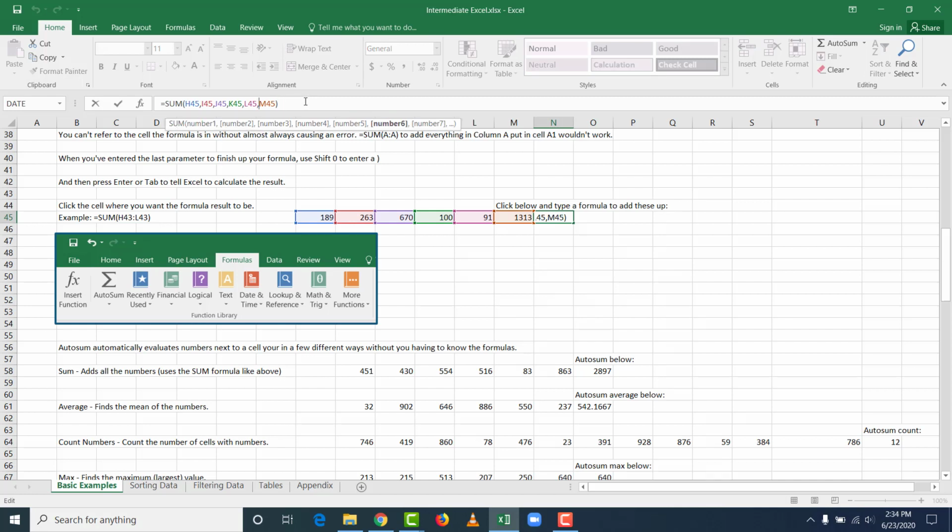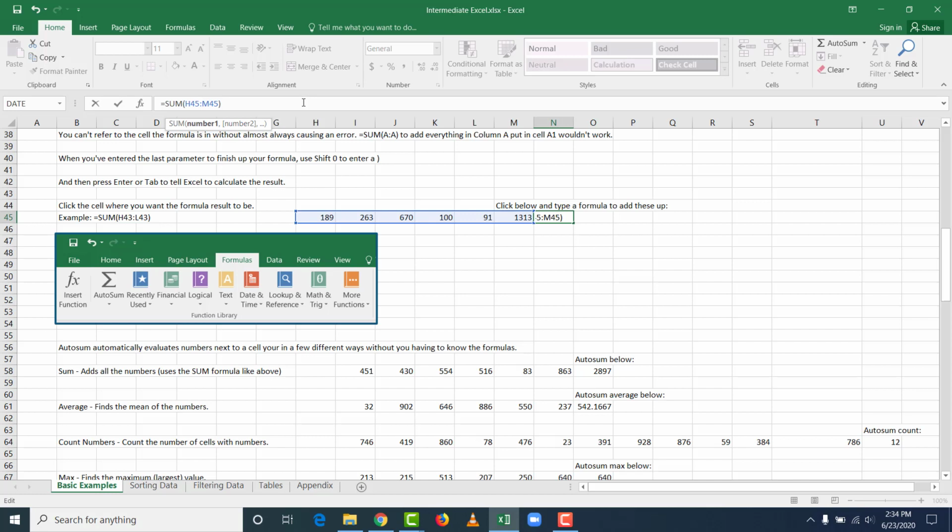So I'm just going to manually correct this to be a range of cells. When you're referring to multiple cells, you can call the cell number of the first one in the upper left corner, in this example H45, and then do a colon, which is Shift and then the key to the right of the L, and then type the name of the cell in the range to the lower right,